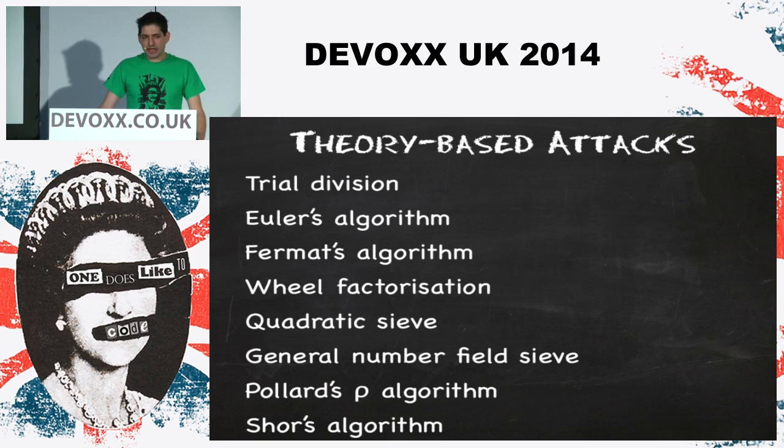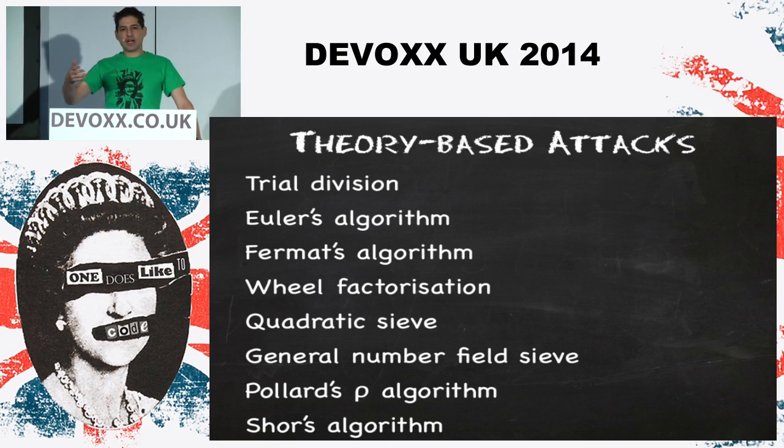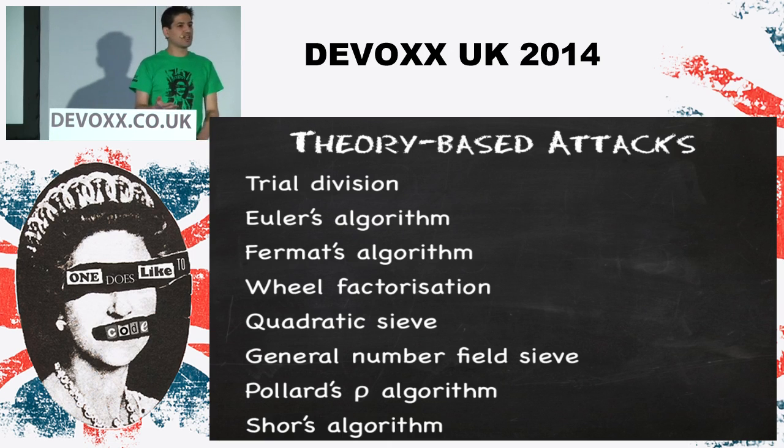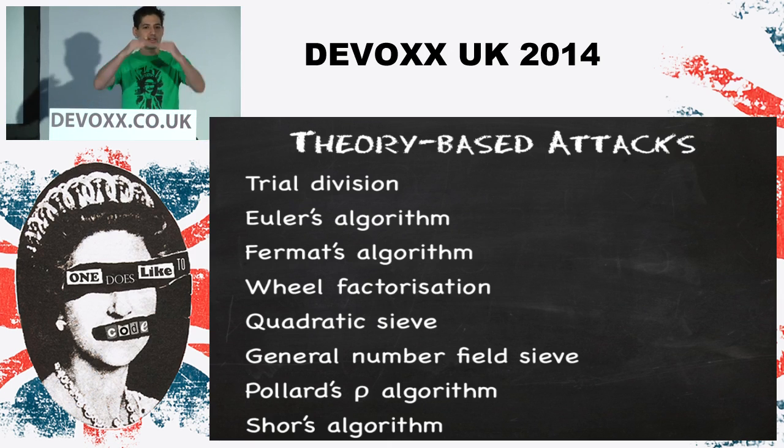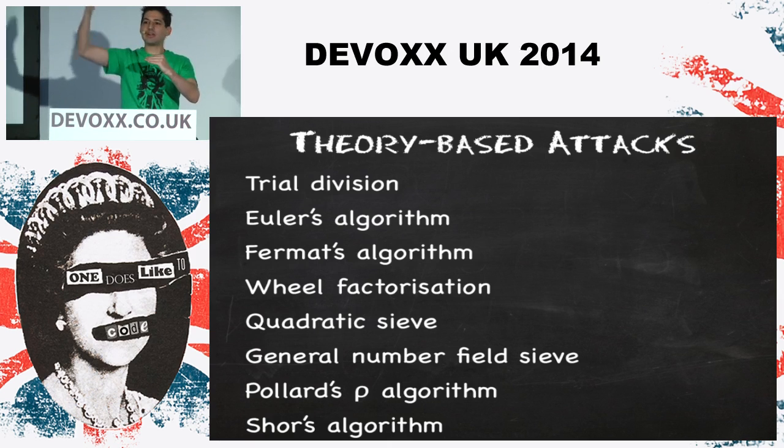So how do we go about attacking RSA then? How can we crack it? Trial division is basically what you would do if you were in primary school and someone said, work out what the prime factors of this number are. So you know a prime number can't be the square of something. So the square root of whatever number you're trying to work out is the top limit you've got to check for, because above that, everything else is a square. So root n is the upper limit.